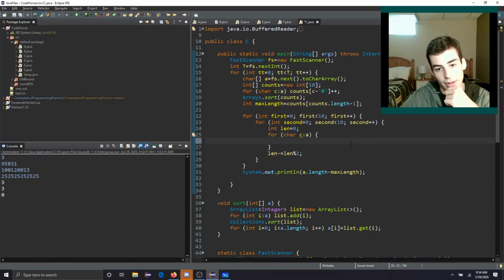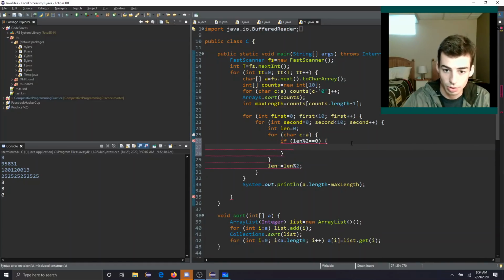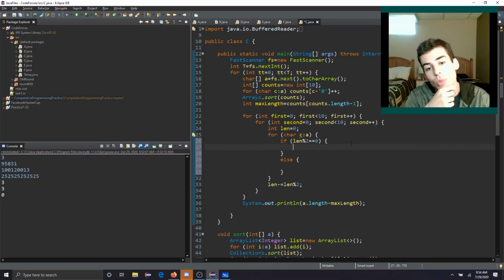Now for each of these characters, okay, so if len mod 2 is 0, that means we're looking for the first one, otherwise we want the second one. If we want the first one,